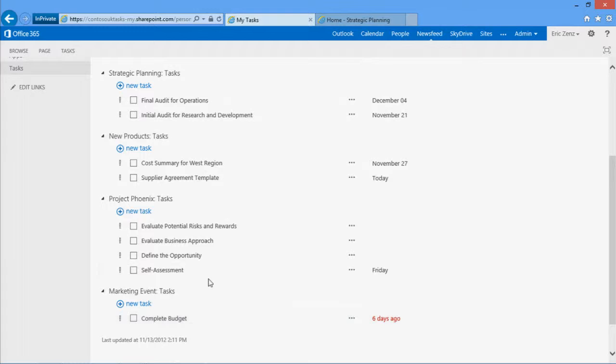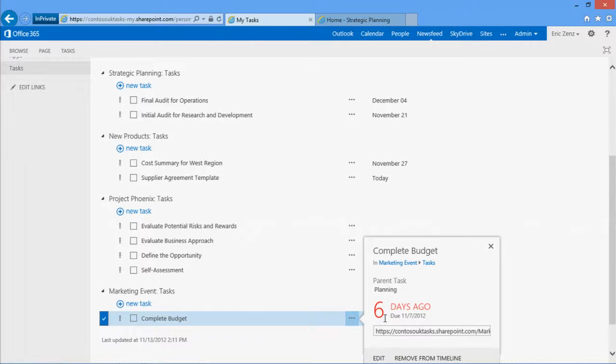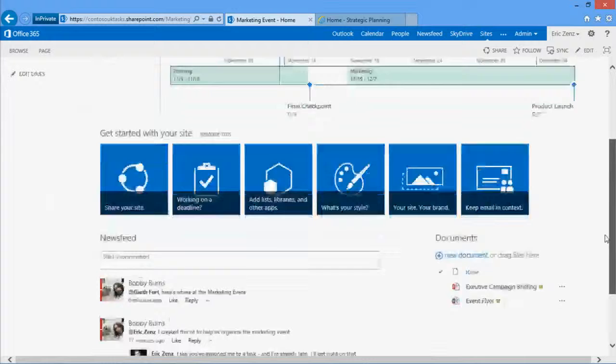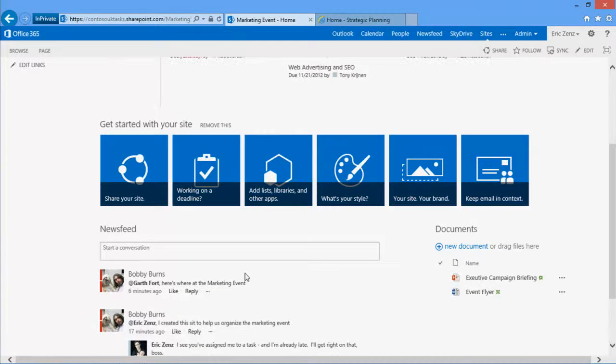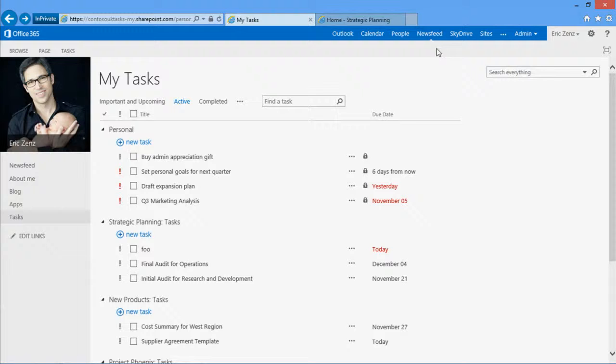So the way that I can go about doing that is I can take a look at this task, and if it doesn't mean much to me, I can click into that callout to get more context. And some of the context that I get is like a countdown view of when the task is due, and that's useful. But really what I want to know is where this marketing event project is and where I need to put the budget. So I can click into the marketing event, find the document library. As Bobby demonstrated, I can drag and drop the document in, and then I am now done with that project. So if I go back to the tasks view and scroll down,